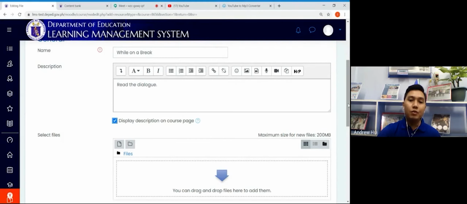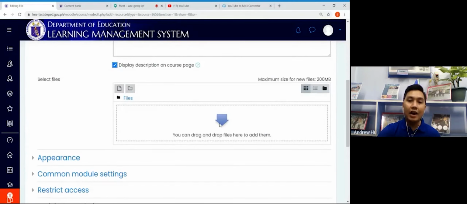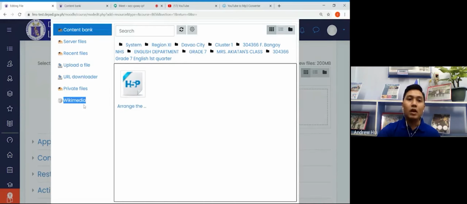We're now going to select a file by clicking the arrow button. So we can upload here a PDF file, a Word document, or any file that you want to upload. To do this, on the right portion of your screen, you will see different options. In the middle, you will see Upload a File. You can click that one,